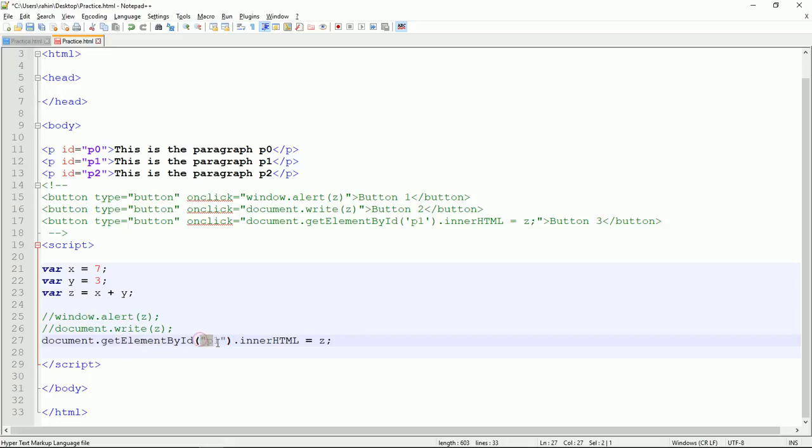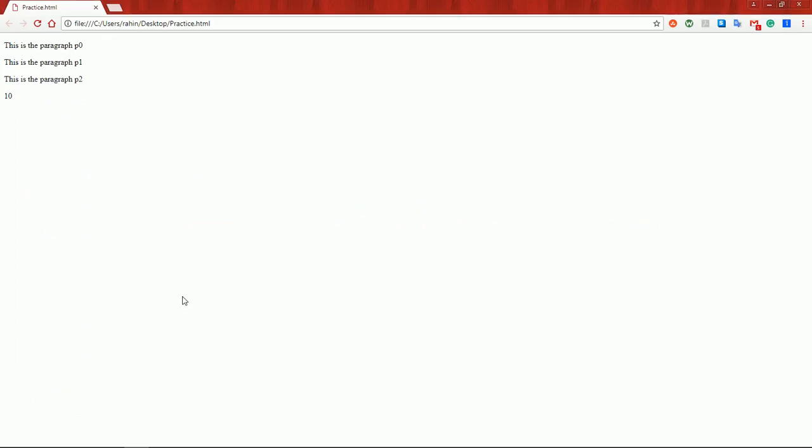In this case, we're going to put a string of text, so you can use single quotes or double quotes. I'm telling it, okay, find P1, which is this paragraph right here, and then again another dot operator, and we're telling it, okay, go and change the innerHTML to whatever the value of C is. All right, let's save this, go back and reload the page. So the paragraph P1 should change to 10. Okay,